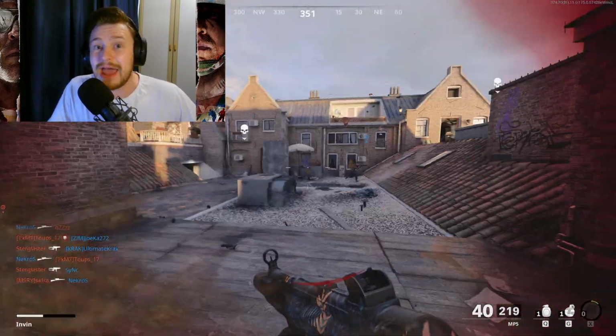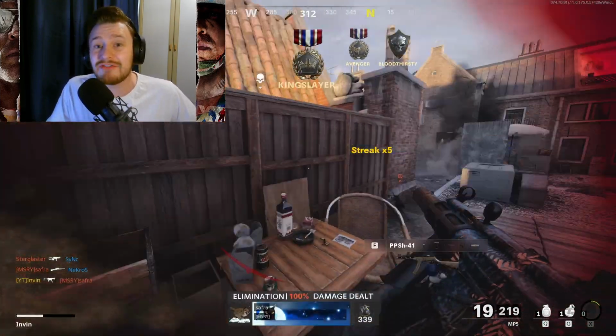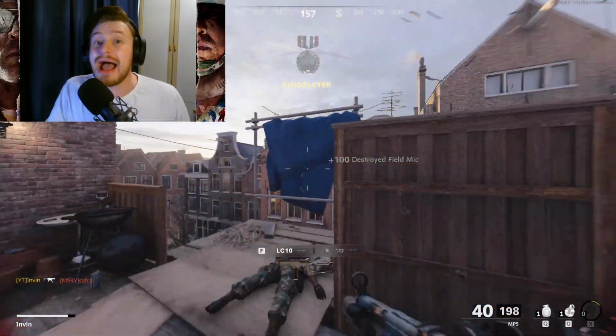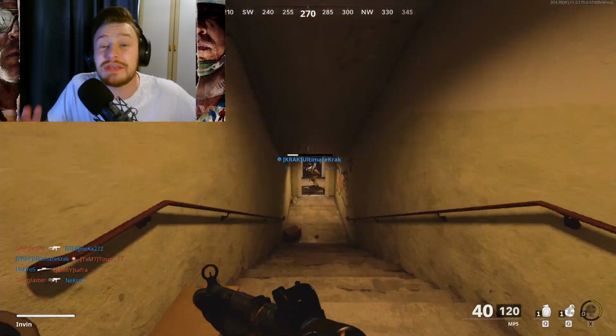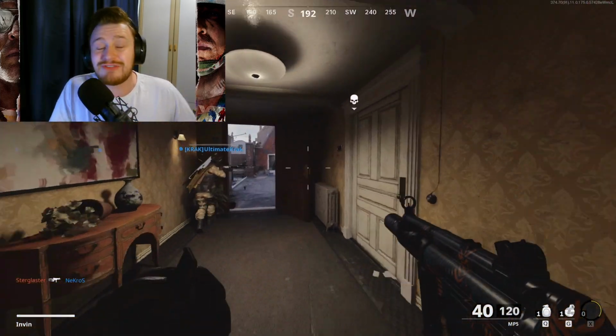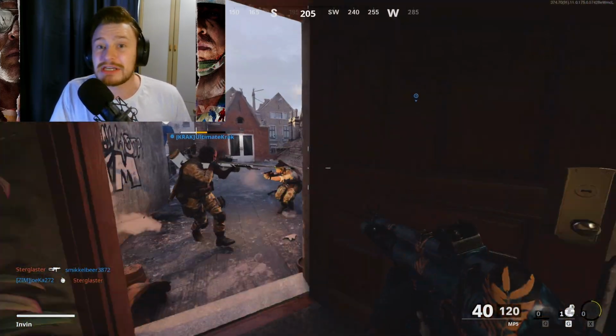Definitely throw on one of the better SMGs, maybe the LC10, the MP5. PPSH is also really good. Go ahead and upgrade that as much as possible, and just hope for the best that you can get as many kills in the earlier rounds. Maybe keep running the first 5 waves, something like that, and then extracting, because it's going to be quite a